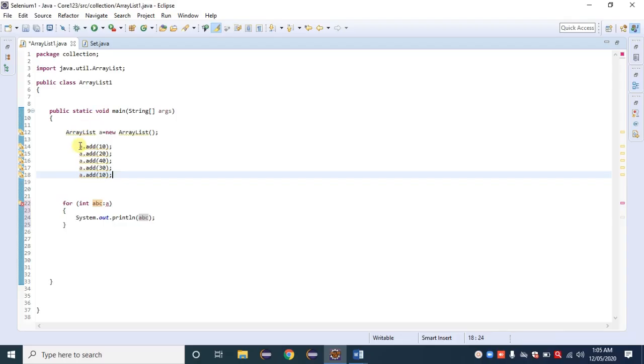So here we need to provide Object. Observe that there is no error. Object is the parent of all the variables, the parent of all the data types or all the Java classes. So here I am providing Object. Click on the run button.